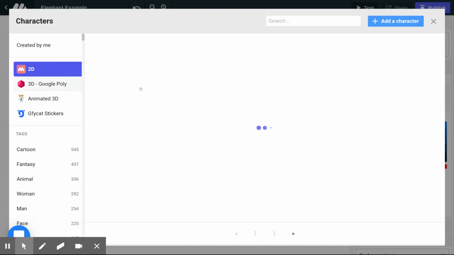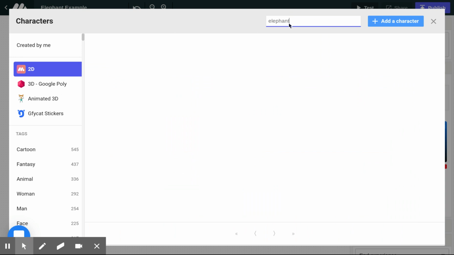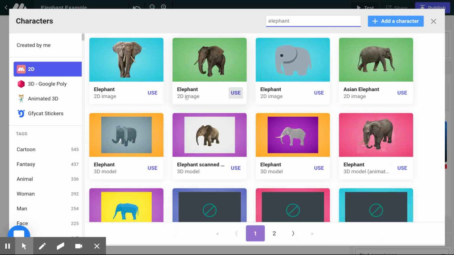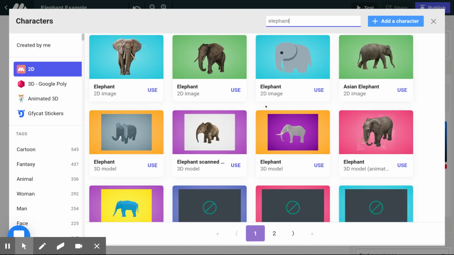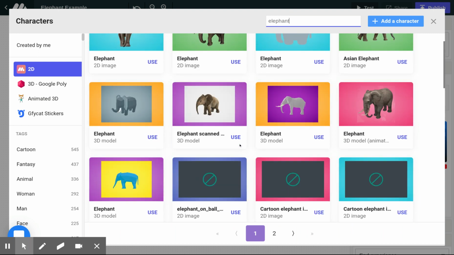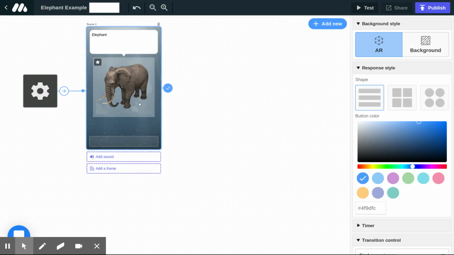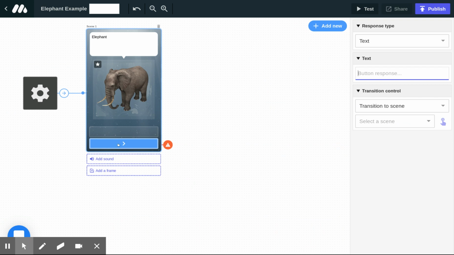And I'm going to go and choose a character here. So I'm just going to search and see if they have an elephant image to put or a character to use. And so I see some 2D ones here. I like those, but I'd rather have a 3D model. It looks like this one might be my best bet. It's a 3D model, but it looks pretty realistic. So I've got my first character card here, and I'm going to add a couple of buttons